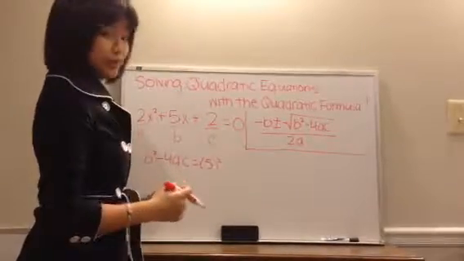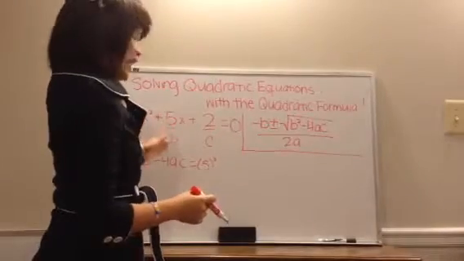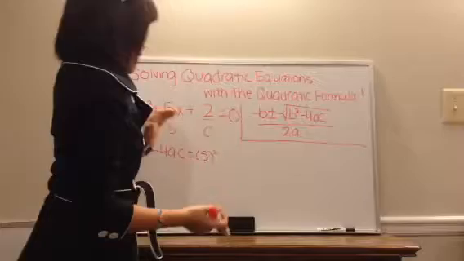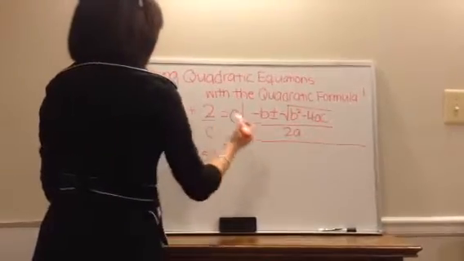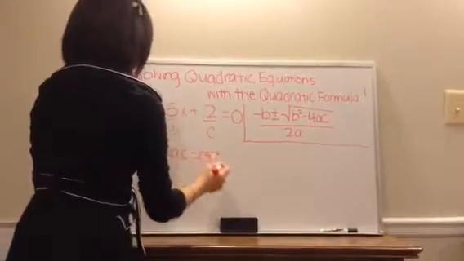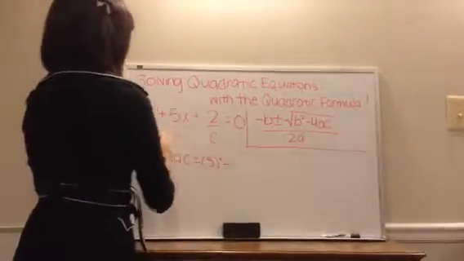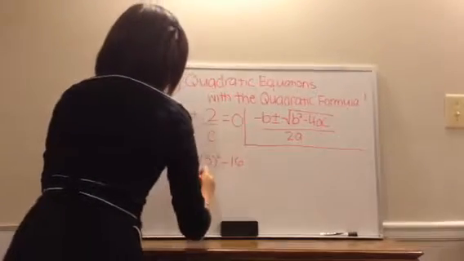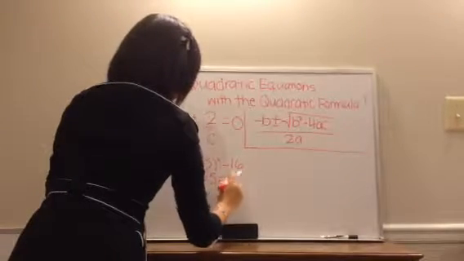And it's important to put your b into parentheses when you're plugging it in, because if you have a negative b, there's a difference between parentheses negative 5 squared and negative 5 parentheses squared. Remember that. So this would become 5 squared, minus 4 times a, which is 2, times c, which is 2. So this would become 25 minus 16,